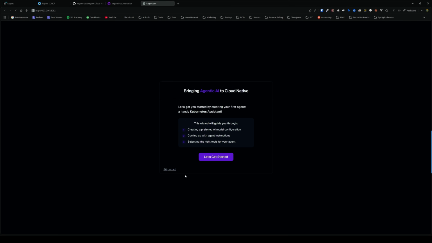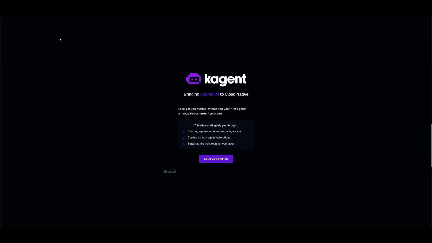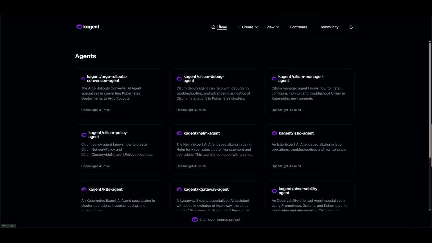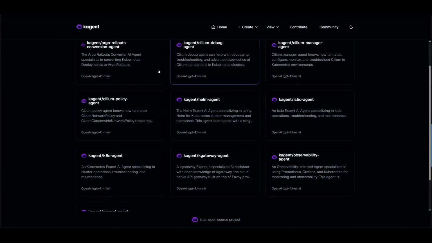Localhost port 8082. There we go. This is running locally on our machine, and we can go through this wizard, or we can skip it. I'm going to just skip it for now and jump straight into our dashboard. So let's make this a bit bigger, but you can see there's our homepage with a bunch of agents right